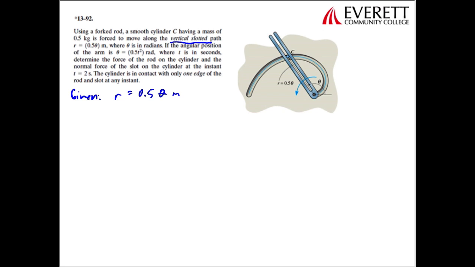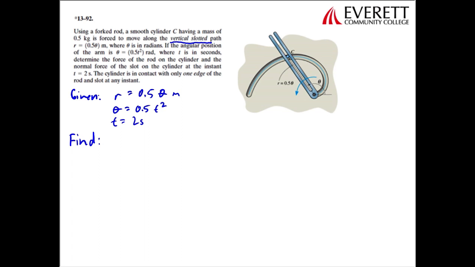If the angular position of the arm is theta equals 0.5 t squared, where t is in seconds, determine the force of the rod on the cylinder and the normal force of the slot on the cylinder at the instant t equals 2. So we're looking for t equals 2. The cylinder is in contact with only one edge of the rod and slot at any instant. So what we're supposed to find,